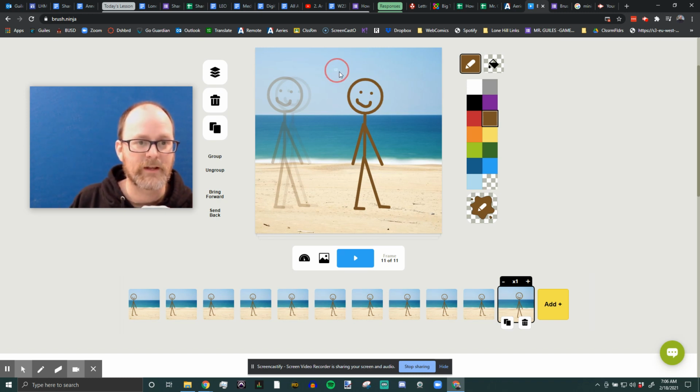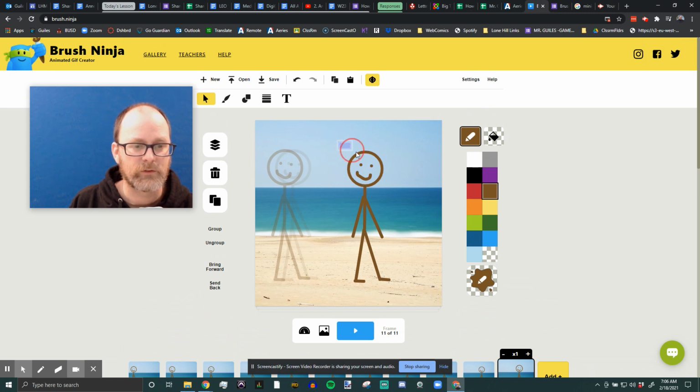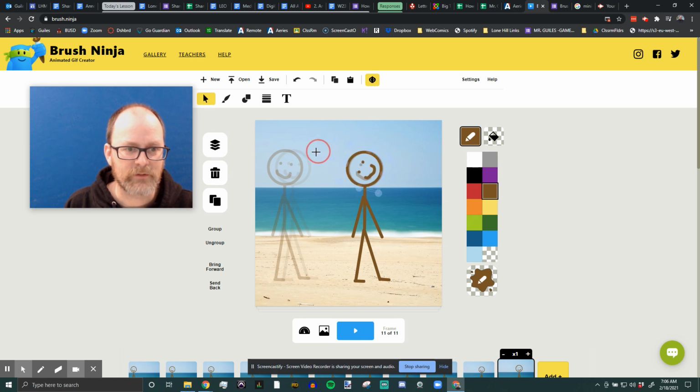Okay, so I'm going to highlight just his head. Oops, just the head. And by the way, I'm using the arrow. And I'm going to grab this little handle, and I'm going to tilt. Oh, that's just selecting his face. Huh, well, that's okay. I thought I would select the whole circle. Maybe I am selecting the whole circle. Let's see. Oh, yeah, I am.